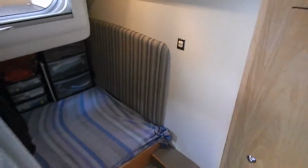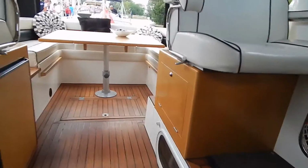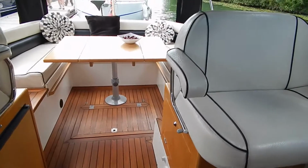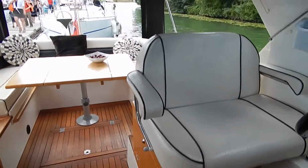Let's just have another look at this cockpit. It's the pièce de résistance of this really convivial